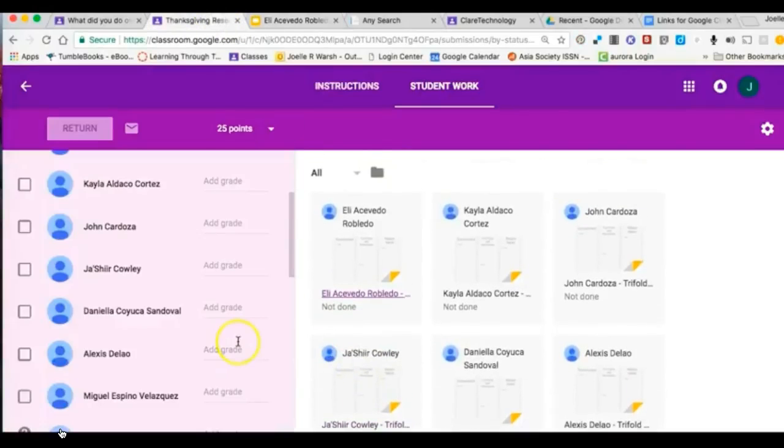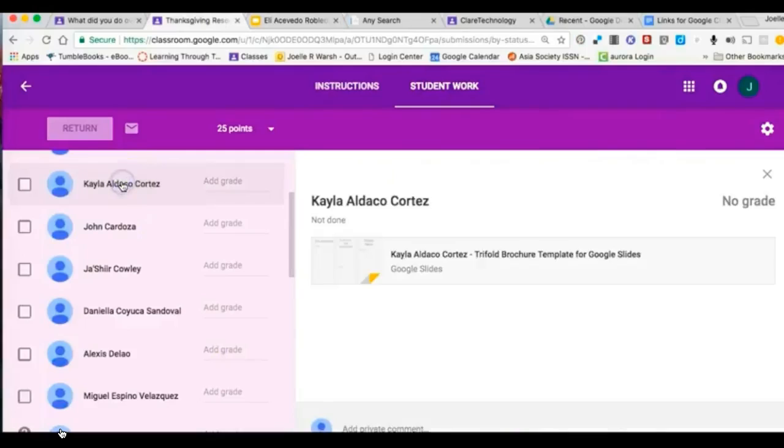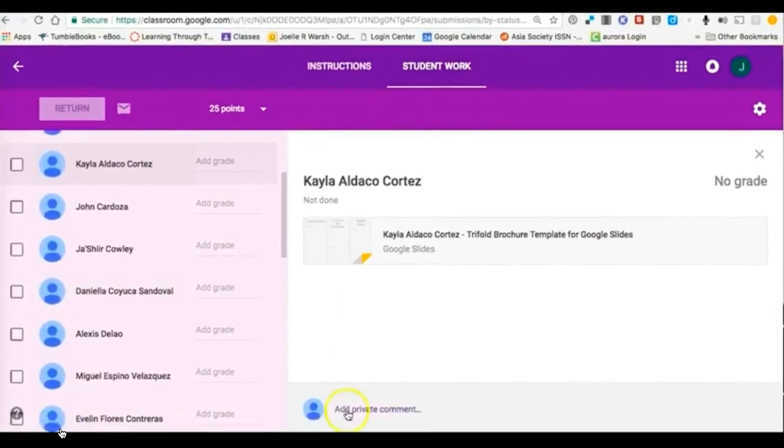And what you can do is if you click on the student's name, you see the student's individual assignment, and you can add any kind of comments or feedback you want down here in private comment. So if Kayla was missing an image on one of the documents, I could say, Kayla, please add an image to your second column. So it makes feedback really easy. The kids can't say they never saw the feedback, they never got it, they can't say they lost their document